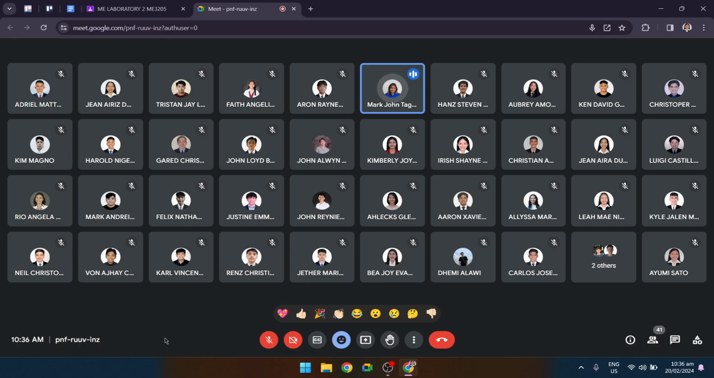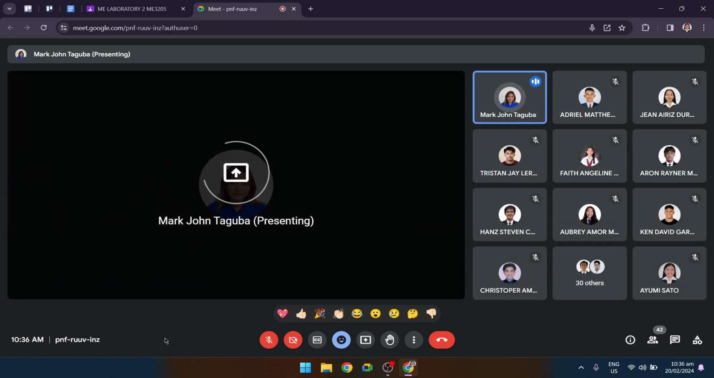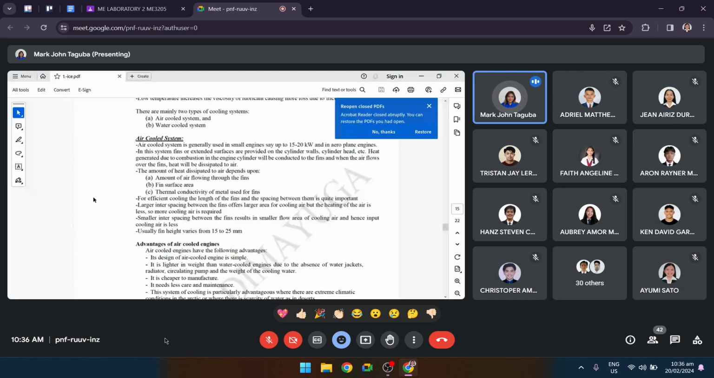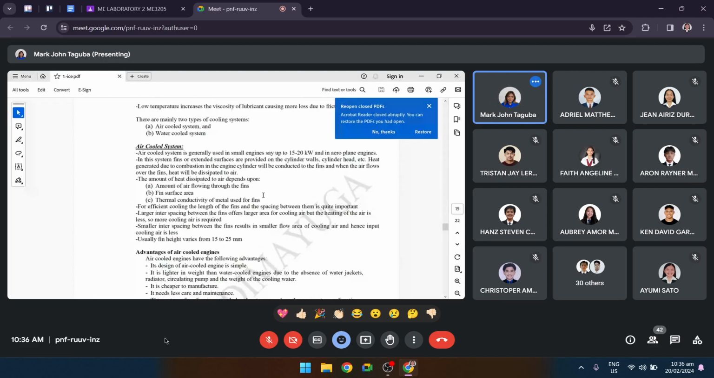So, ayun guys, yung kung paano gumagana ang ating cooling system. Ayan. So, since alam na natin kung paano nagwo-work yung ating cooling system, we can now discuss the types